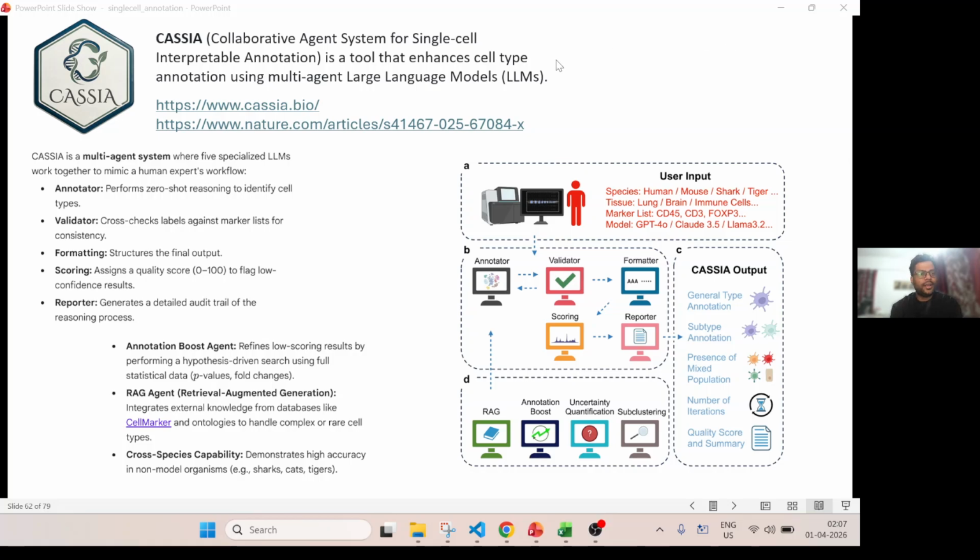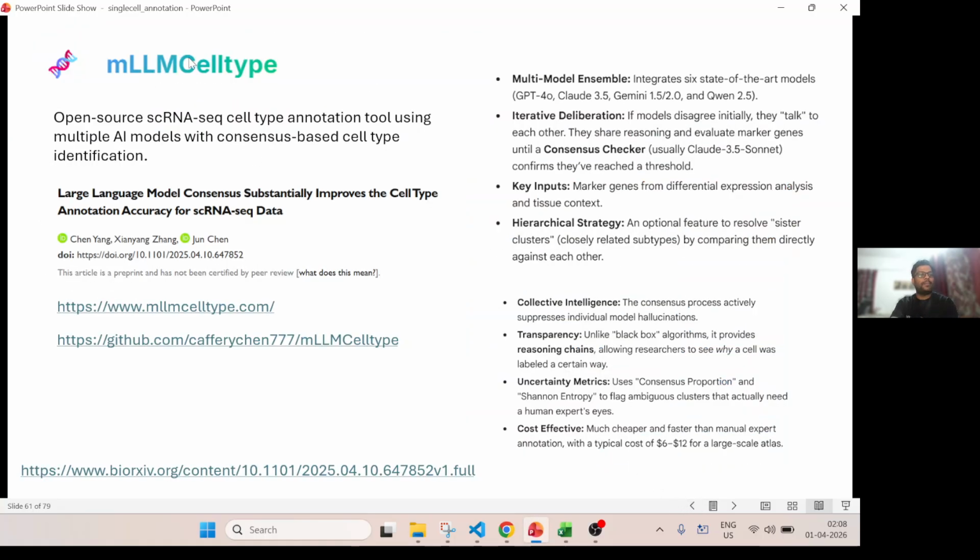Hi everyone. In this video, we will explore CASIA, the collaborative agent system for single cell interpretable annotation. This is another recent tool which is AI based, LLM based, and it also helps in automating the annotation. It is very much similar to what we had discussed earlier, another tool like MLLMCellType, where it uses multiple LLMs to give you a consensus, and there is a